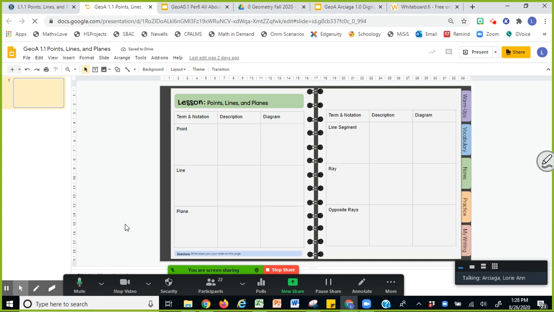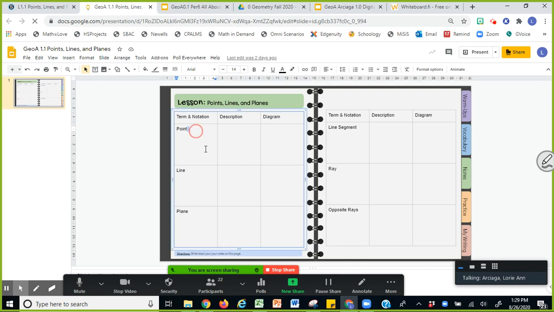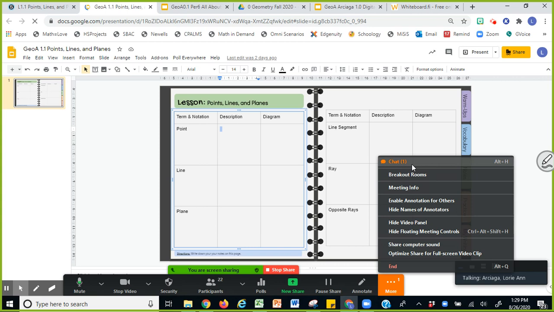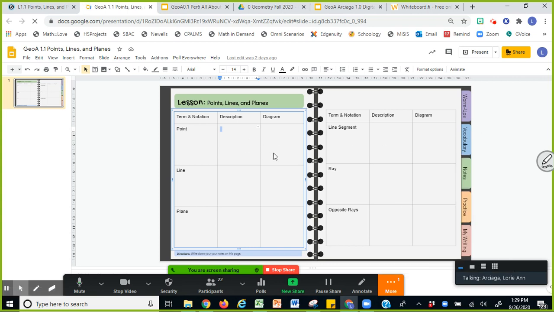So I want to spend that Monday time on doing the non-content stuff. Okay, so this is what you will be filling out today. Once you open it, you can actually type in it. You can type, you can screenshot another tab and insert it here as a diagram. It's up to you.